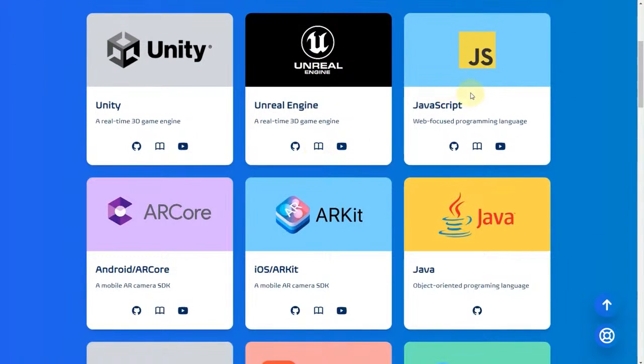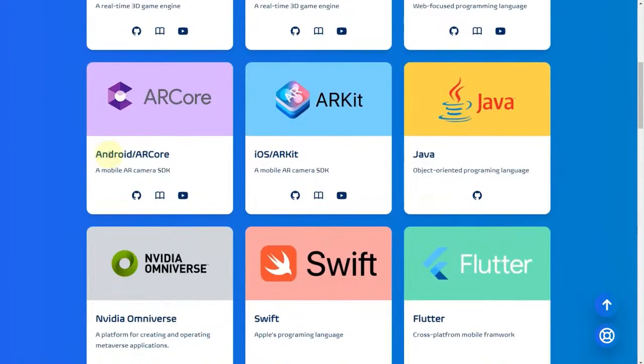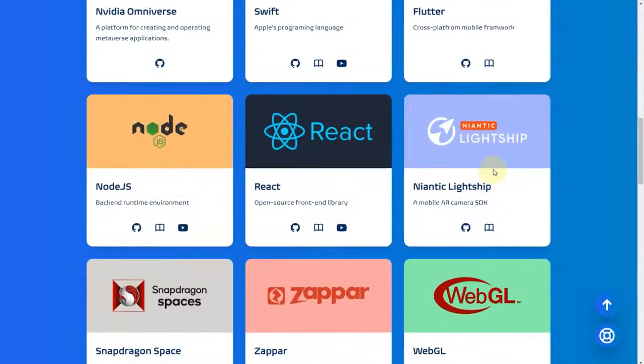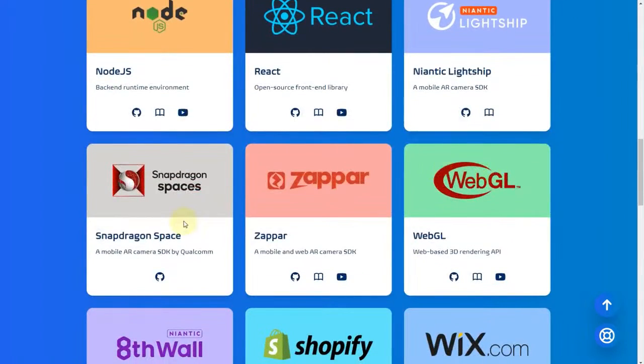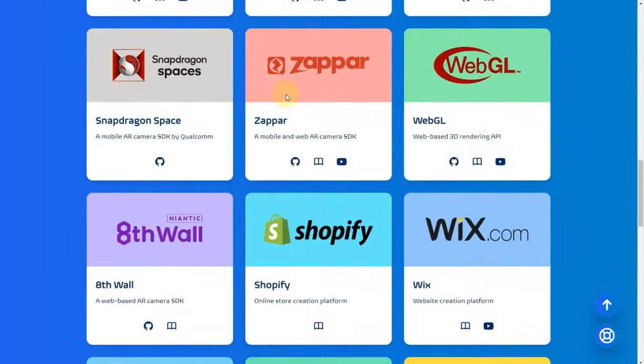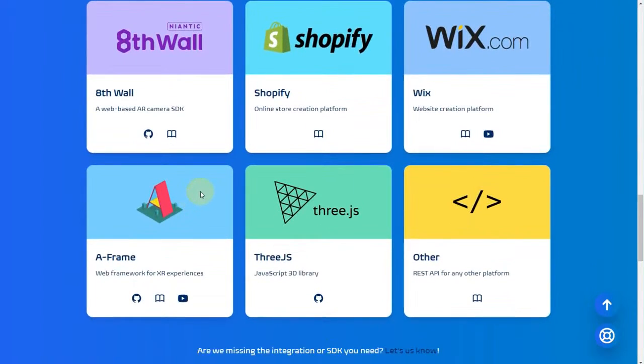And we have just about anything and everything you're looking for, from JavaScript to a standalone ARCore project on Android, to iOS, Flutter. We're even working on some projects with Snapdragon Spaces. We have something for Niantic Lightship. We have something with some of our partners at Zappar, 8th Wall, Wix, Three.js, A-Frame, you name it, we probably got it.